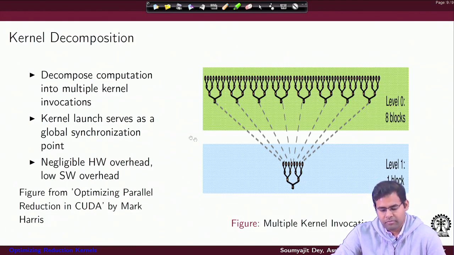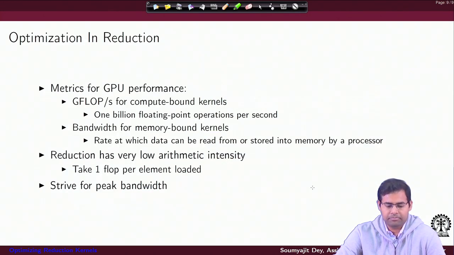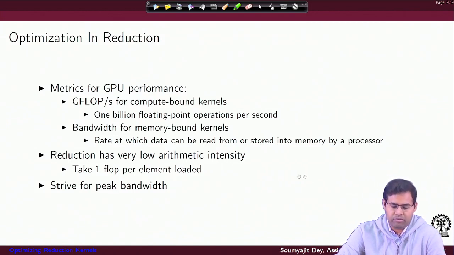So here we have examples of code of how to do this reduction, but we will actually use them more for the assignment purpose, and for our discussions we will focus more on a single block reduction and how that can be accelerated. So before getting into that, let us understand what are the metrics for GPU performance which we will use. Of course, this is something that we have seen earlier also. This is just a mere recap.